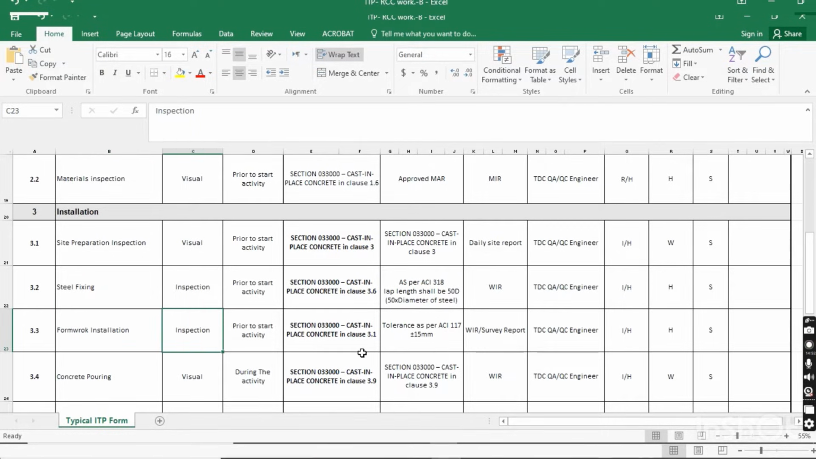When the steel fixing is approved, then you have to complete the formwork installation. For the formwork you have to submit the WIR and survey report. There will be two inspections for the formwork. One is from the civil inspector, the QC inspector from the consultant, and the other is from the survey report. Who will make the survey report? The survey engineer from the contractor will make the survey report, and the surveyor from the consultant will come and check the coordinates, and all the formwork, verticality and everything for the formwork as per the survey report. And the QC inspector will come and just check the formwork